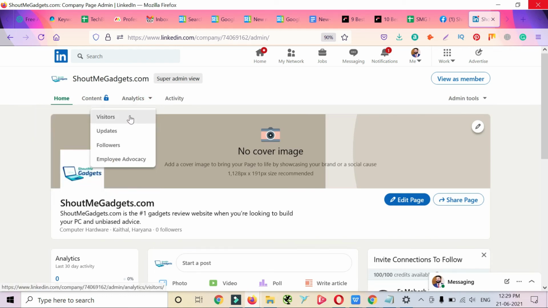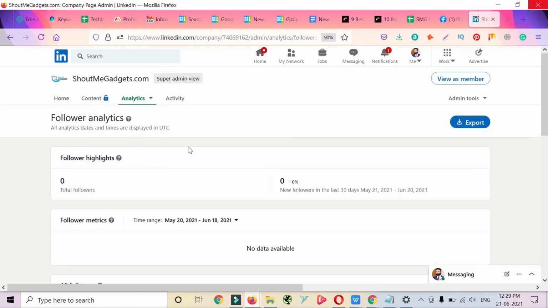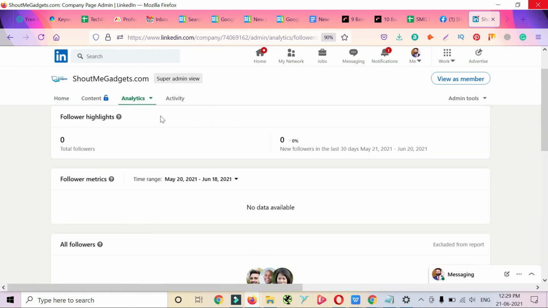So you can see in the analytics the visitors, updates, followers, and employee advocacy. These are helpful details that can help you to optimize your LinkedIn page or posts, so that you can increase your followers. A lot of insight details are there.